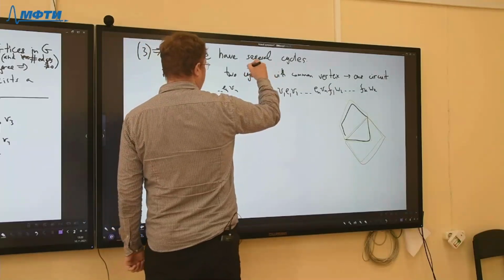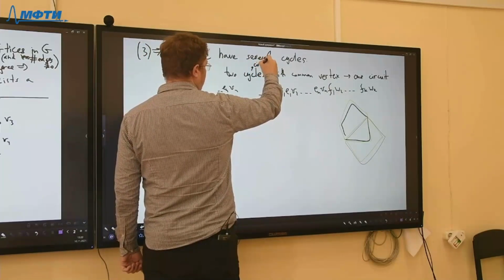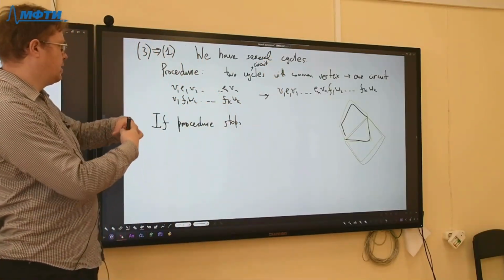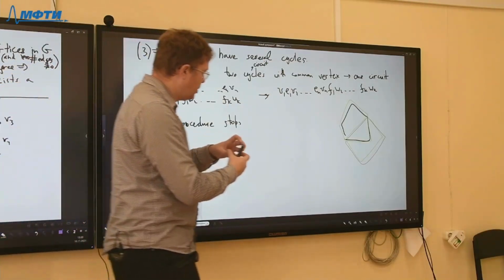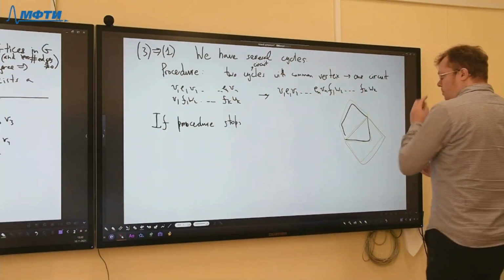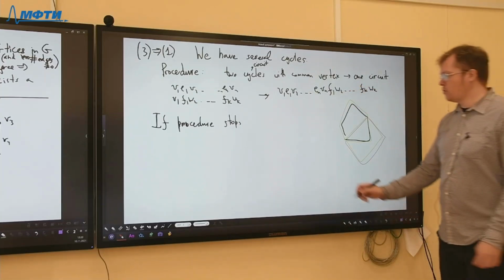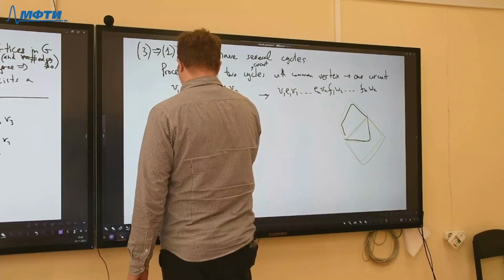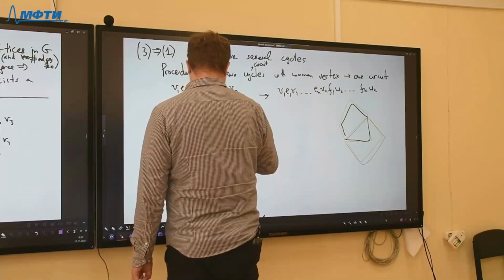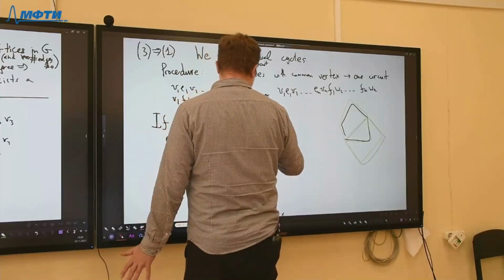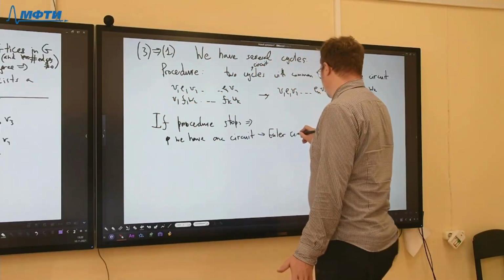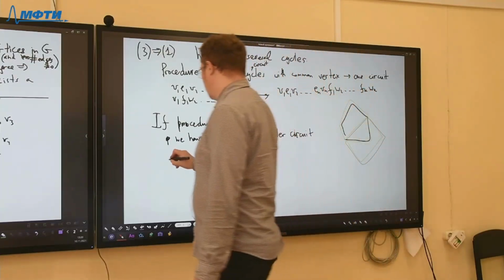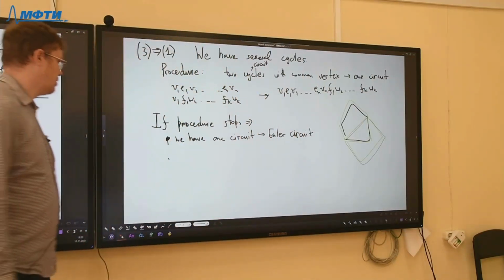So we continue, but instead of cycles we have circuits here. We just take two circuits with a common vertex and make one circuit. Again, take two circuits with a common vertex and make one circuit from them, with the same procedure. And if the procedure stops, either we have one circuit, it's okay, it means that we have an Euler circuit that contains all of the edges, or another possibility is that we have